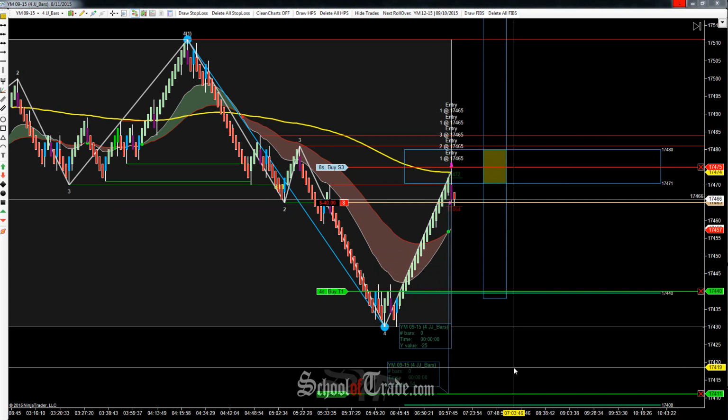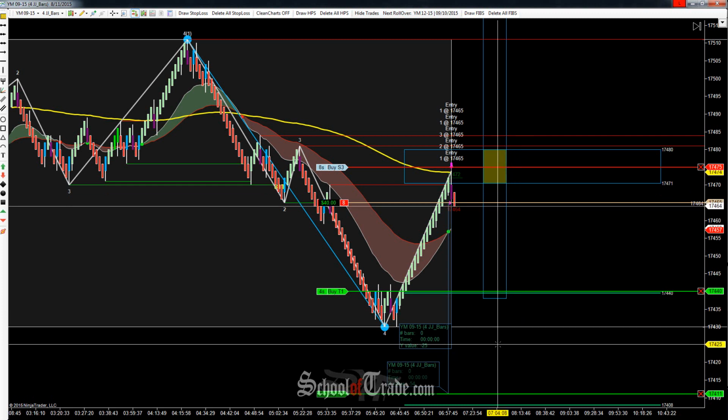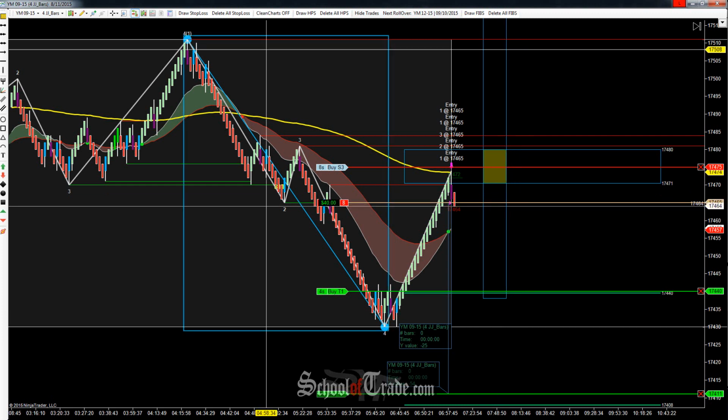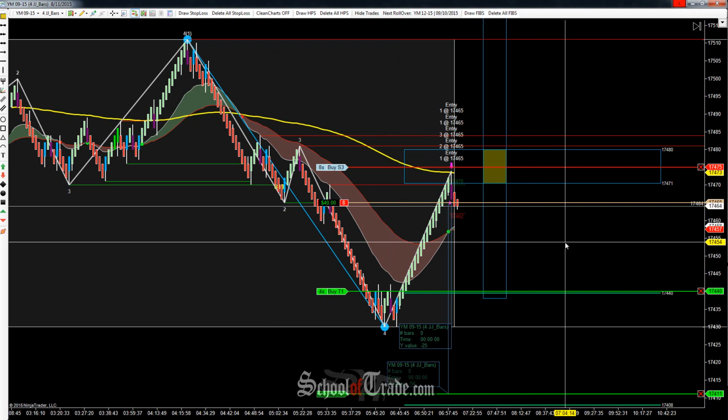So if we can get all these filled, we're taking 4 off at 25, pretty easy there, we got 100, and then 4 more off at 54, right? So we're looking for a total possibility of 316 ticks, right? So there is a really big potential for a huge amount of profit on this trade. And at 316 ticks at $5 a tick, we're still looking at $1,500, $1,580 if you want to get specific